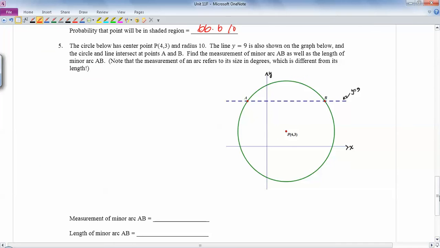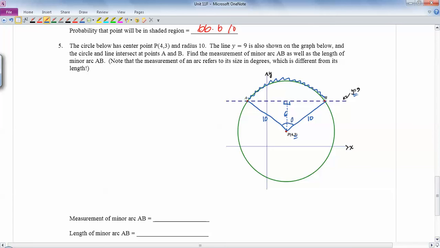Okay, so we've got radius 10, center point 4,3, the line y equals 9. Find the measurement of minor arc AB, which means the degrees. So let's go ahead and draw in some radii. We know this is 10 and 10. And then I know that I can go straight up to make a slope triangle. And if I do that, let's see, it goes from 3 to 9, so that's going to be 6 units up. And I need the measurement of minor arc AB, which is really going to be however big this central